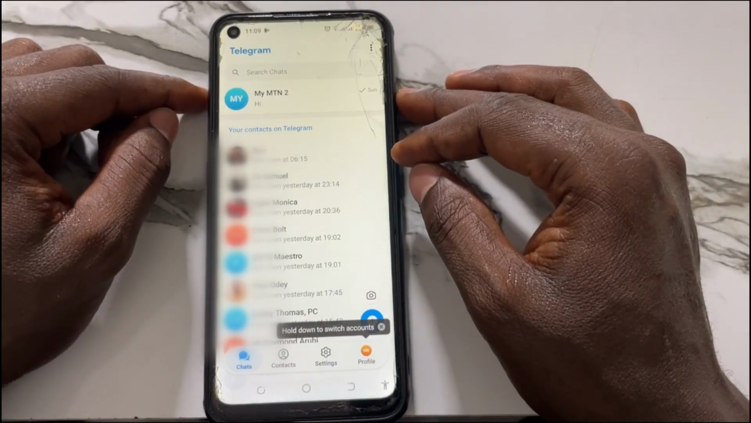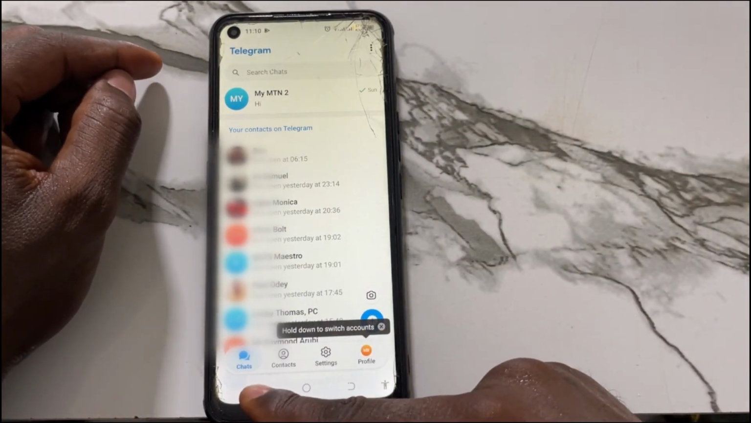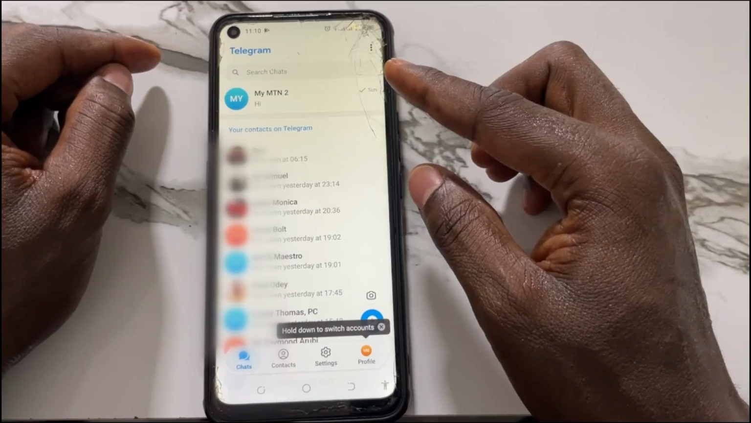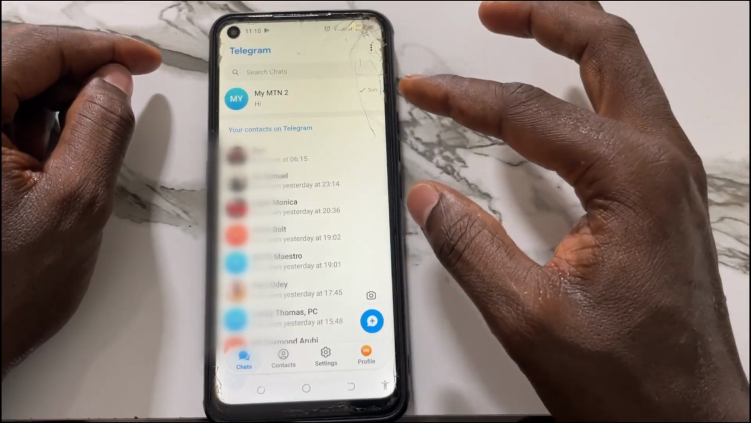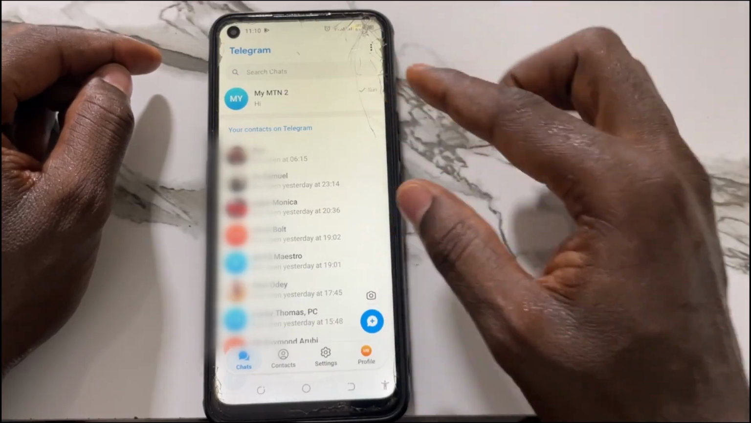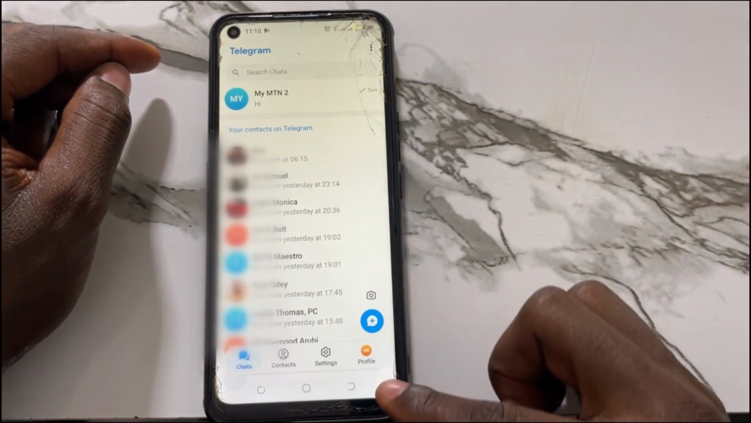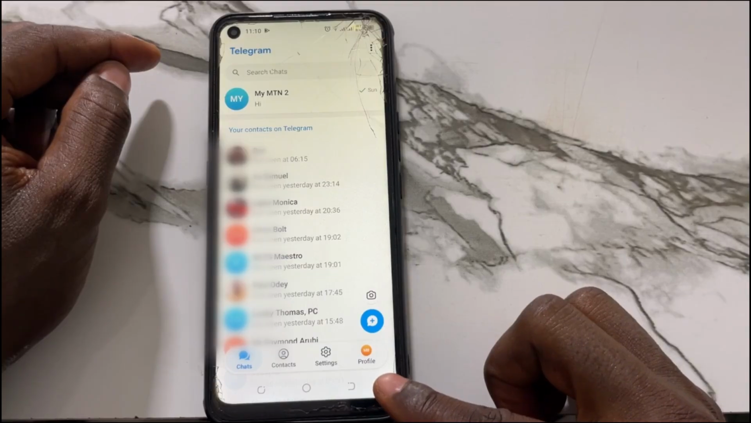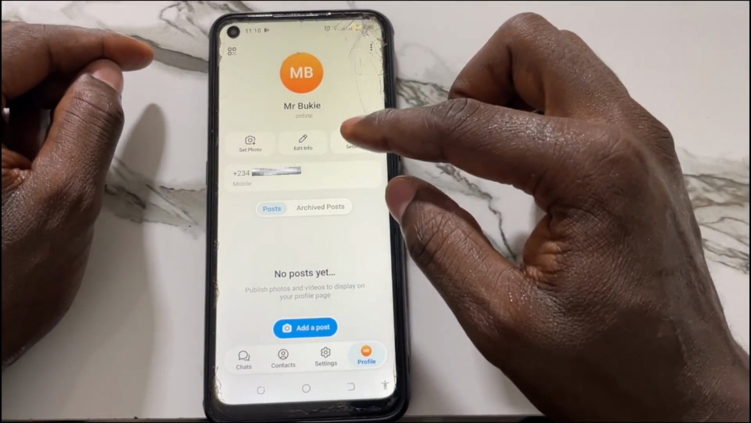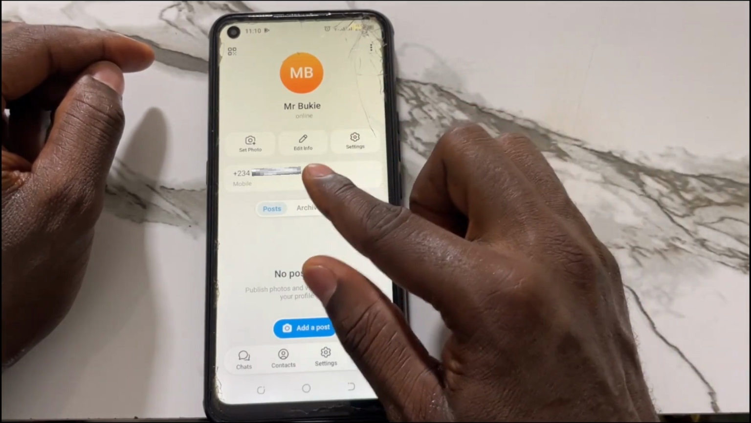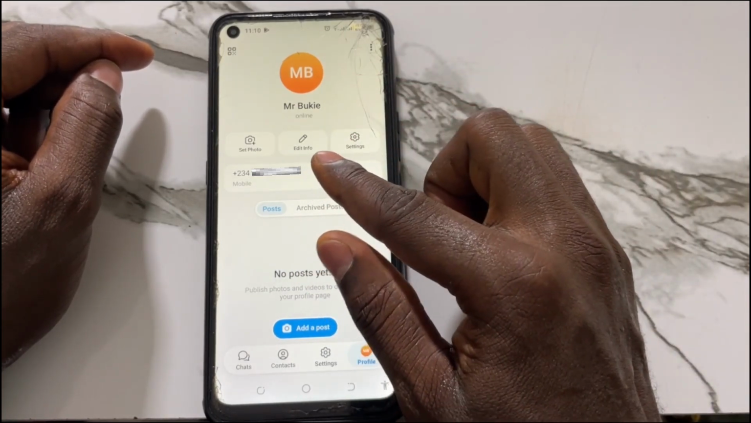When the app opens, it brings you to chat. On some Android phones, you can have a bit different interface from this. But if you have this kind of interface, from here you can see Profile at the bottom right. Tap on it. Then it brings you into this page, and from here you can see Edit Info. Tap on it,